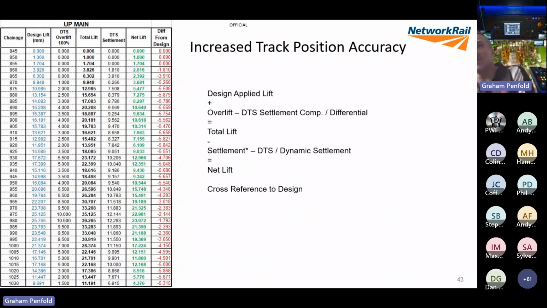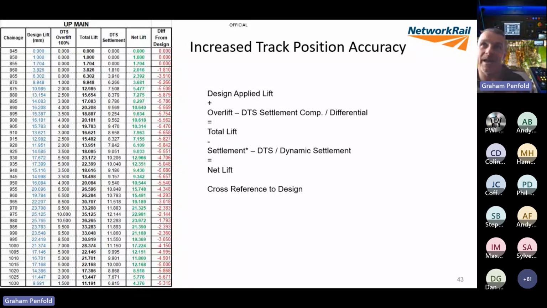So we got very close to our design tolerance. But my point is, had we not calculated these estimated settlements and taken into account the overlift... So we applied overlift, thought it would settle like that. According to the results, it actually settled lower than